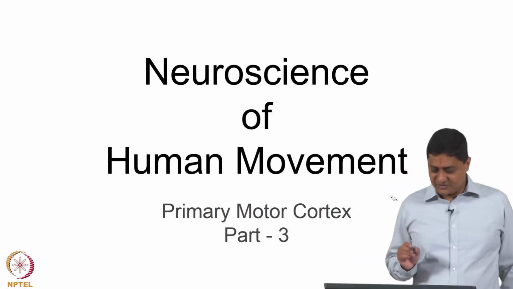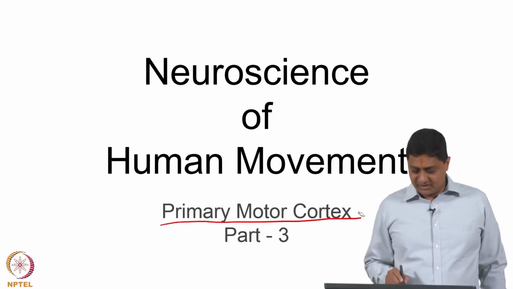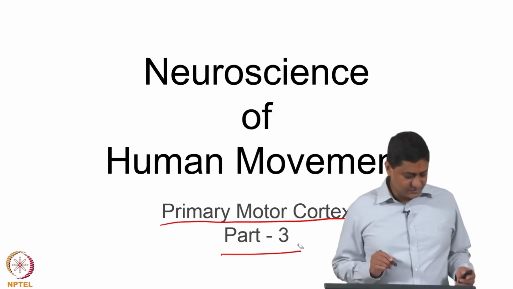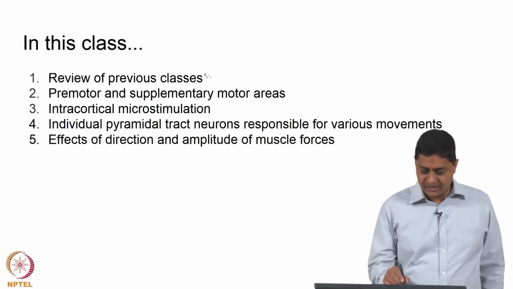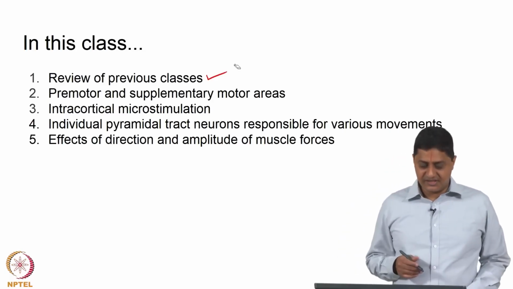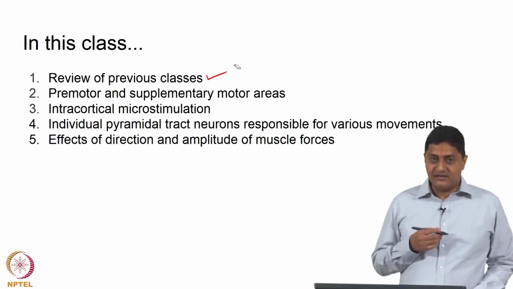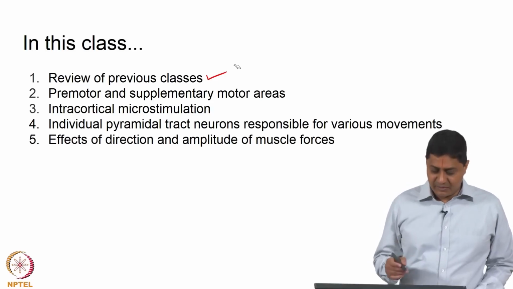So, welcome to this class on Neuroscience of Human Movement, which is on primary motor cortex. This is part 3. So, in today's class we will be reviewing content from previous classes, what was discussed in the previous 2 classes at least, and we will discuss the role of premotor and supplementary motor areas,